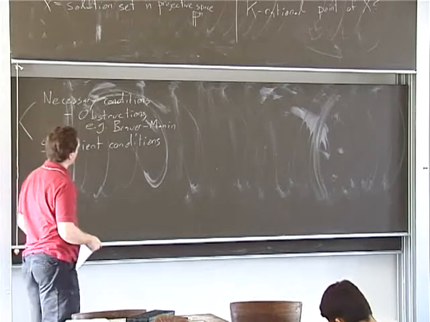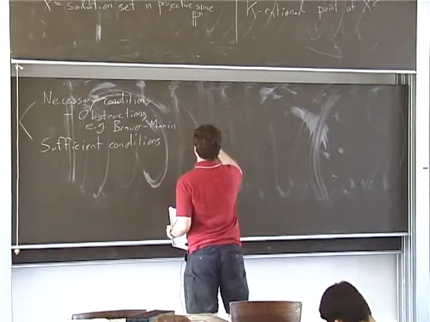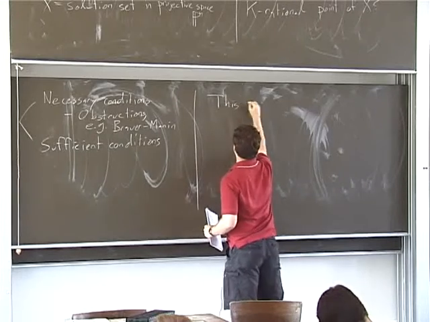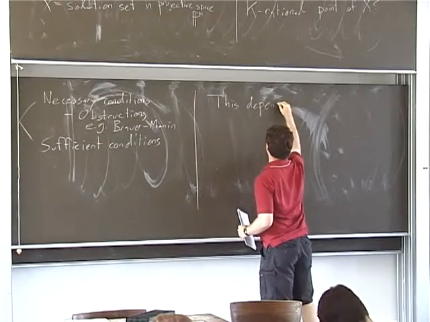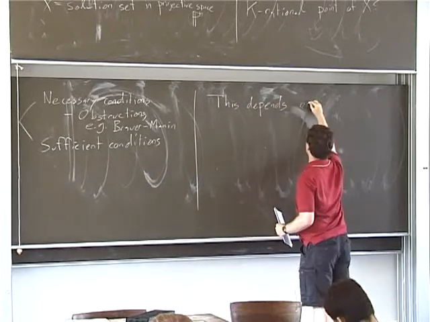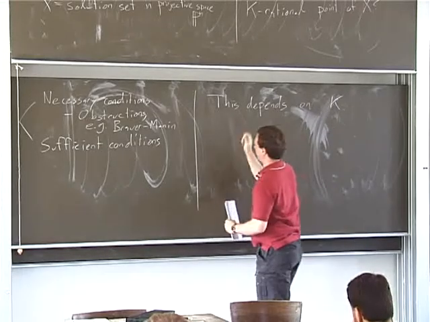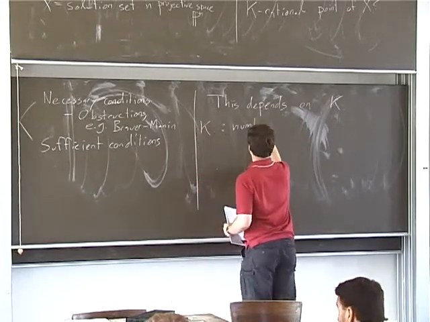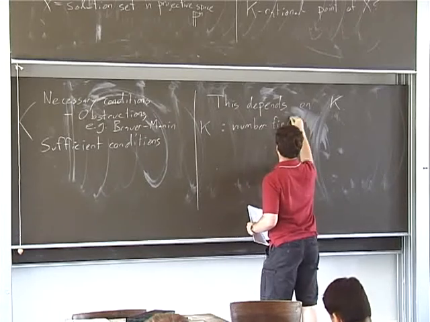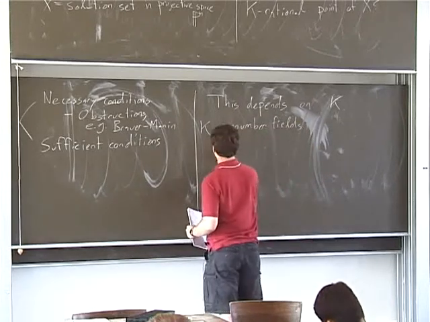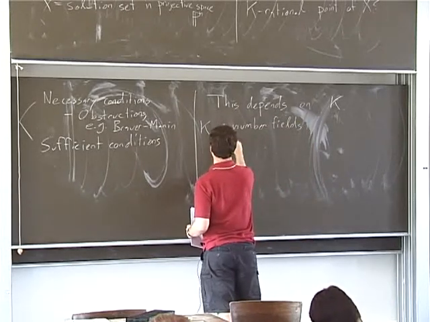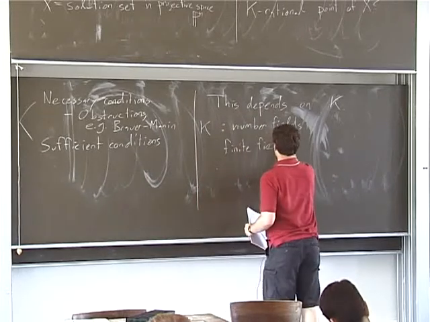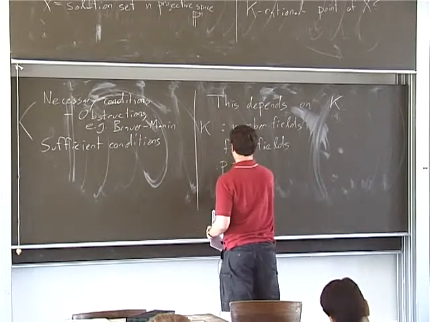So this is one way that this problem breaks up. But then a much more important way this problem breaks up is that this really very seriously depends on the field. I mean, the nature of this problem depends on the field K. So the kinds of fields that are the most interesting are number fields. But there are many other kinds of fields one can consider. So other types of fields: finite fields, p-adic fields,